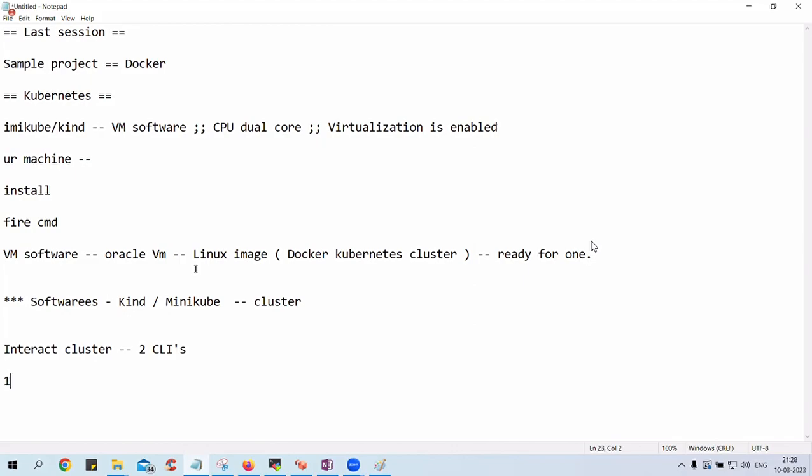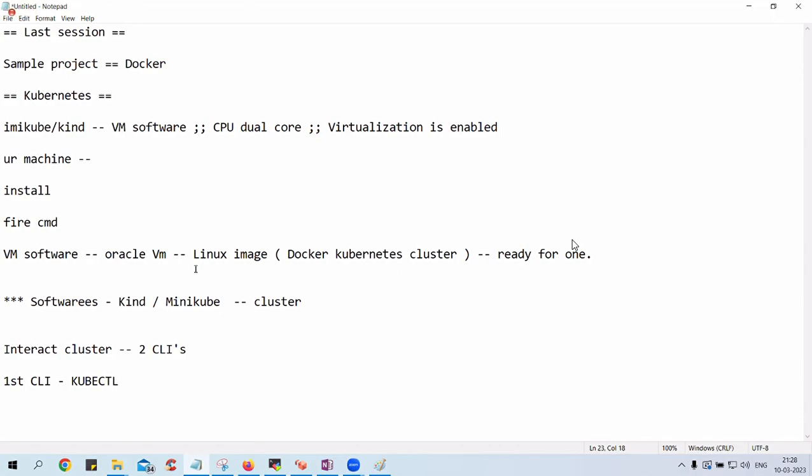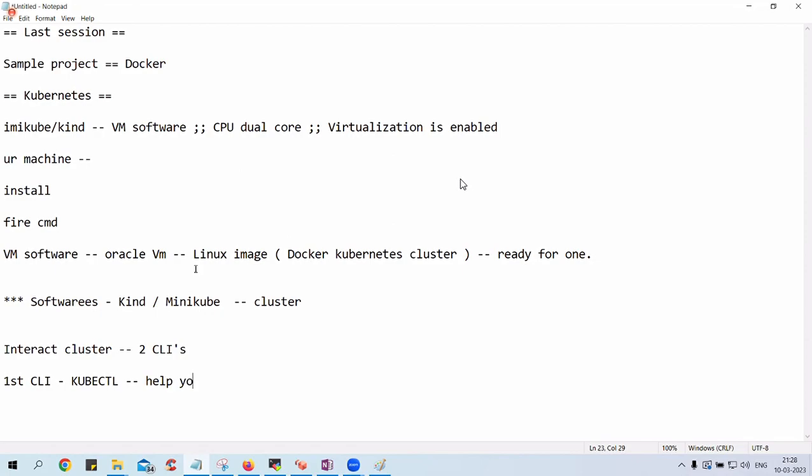Two CLIs they have given, or two kinds of tools, apps you can say. The first CLI we call kubectl. People also call it ctl, that's a short format. This is a CLI utility which will help you to interact with the cluster operations.